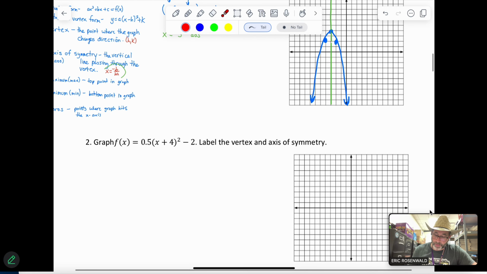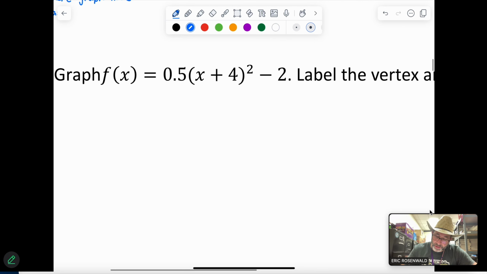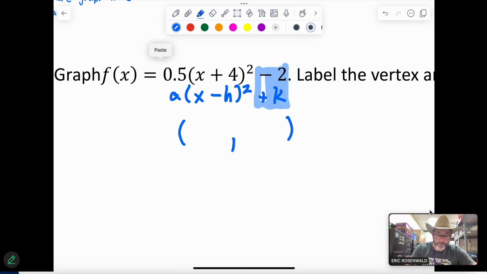So let's jump into a couple more problems here. All right, this is in that standard vertex form, so let's look at this. So we have a times x minus h squared plus k. All right, so let's go ahead and pull our vertex from here. We know that this is going to be exactly the same, and we know that this is going to be the opposite. So using the exact same value here, we're going to have a -2 get pulled directly out of